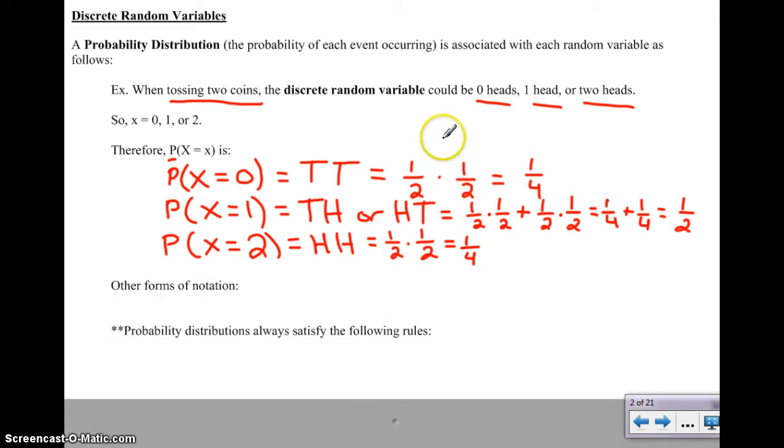So when I'm taking a look at this, a couple things to notice is that every single time you look at the whole probability distribution, so probability distribution again is looking at every possible outcome, notice that the total is 100%. There's a 100% chance that one of these situations is going to happen.